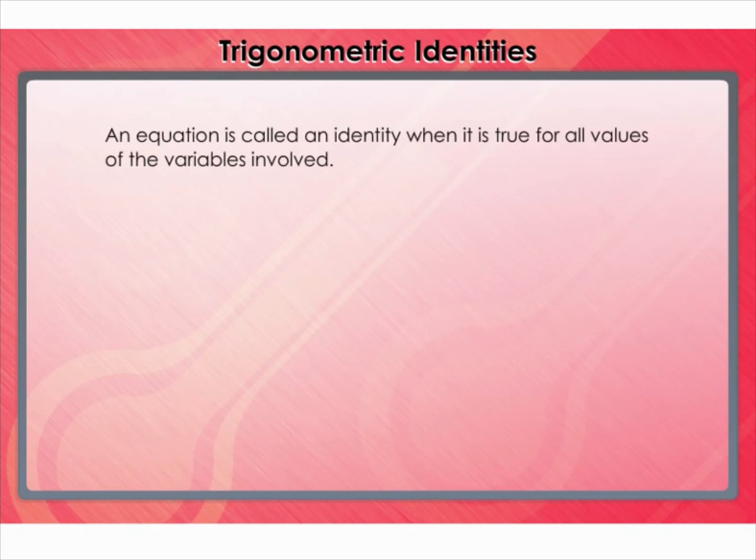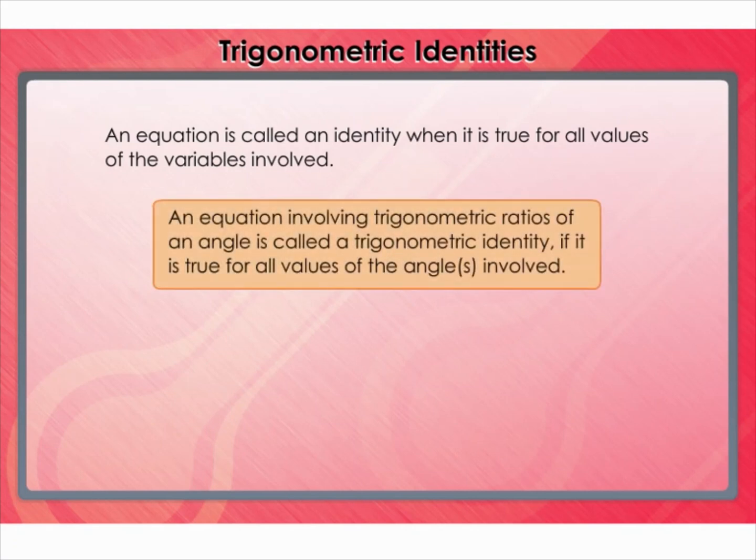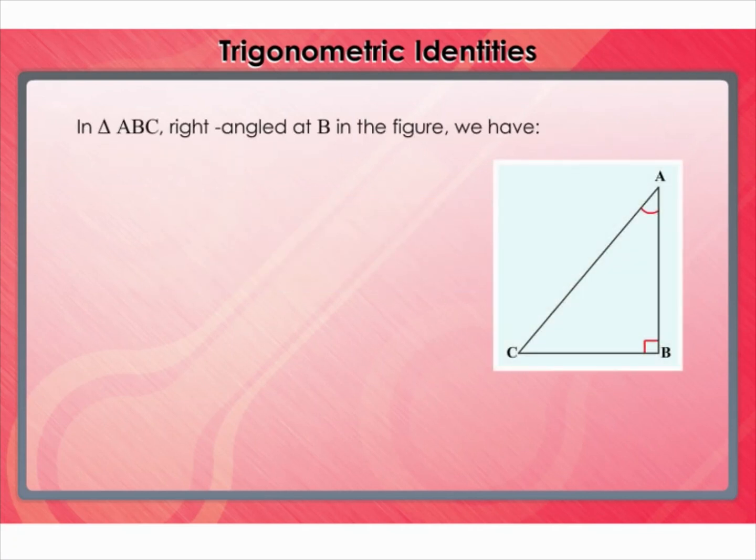We know that an equation is called an identity when it is true for all values of the variables involved. Similarly, an equation involving trigonometric ratios of an angle is called a trigonometric identity if it is true for all values of the angles involved. We will prove one trigonometric identity and use it further to prove other useful trigonometric identities. In triangle ABC, right-angled at B in the figure, we have